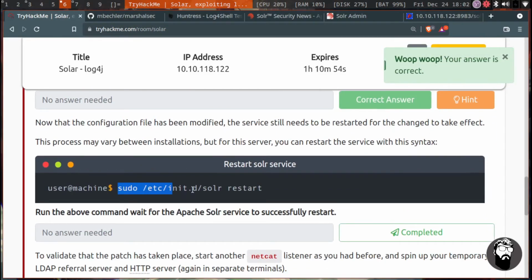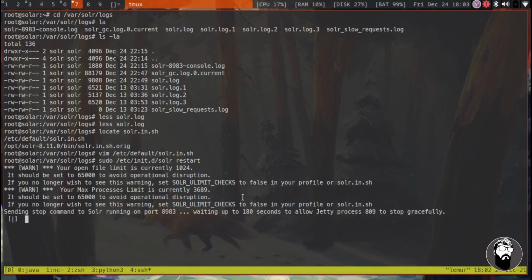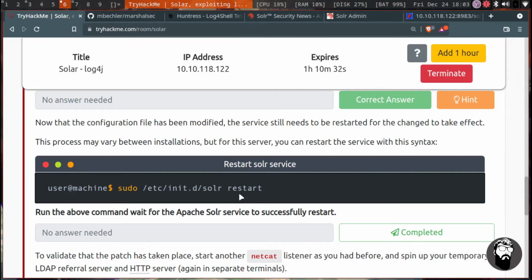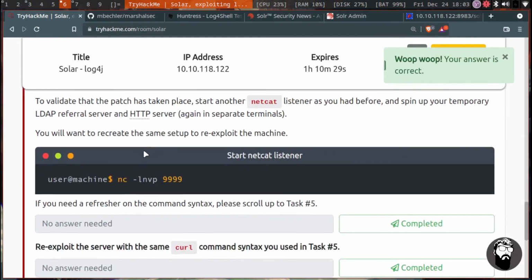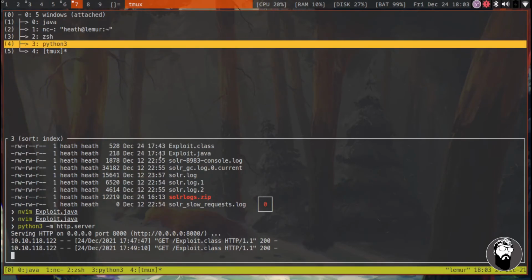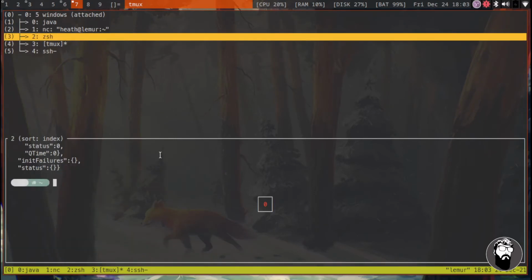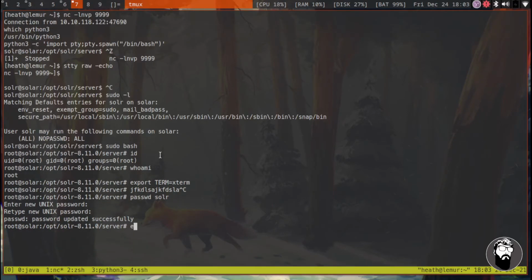And we'll just copy this command here and paste it, and there we go. All right, and it looks like we are restarted. Now let's go ahead and head back over to the terminal. So it looks like we're going to try testing our vulnerability once again. I'm going to leave my SSH connection. I'm going to leave the Python server running, and this we're going to exit,